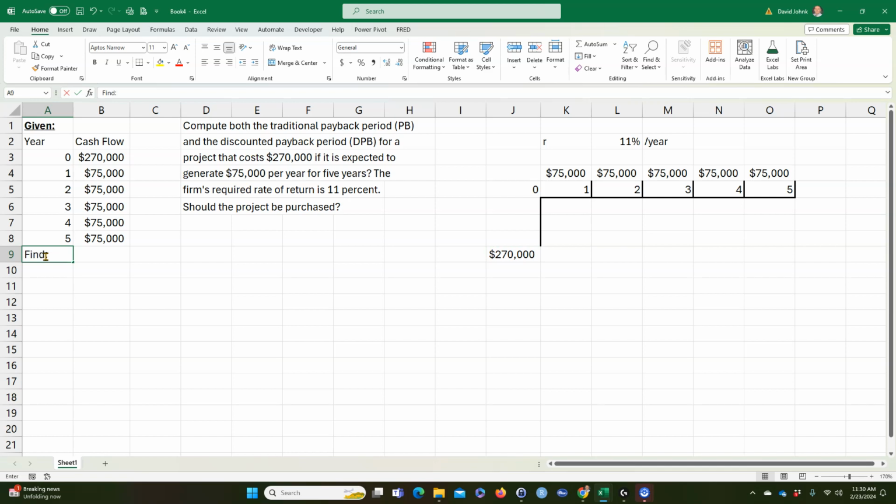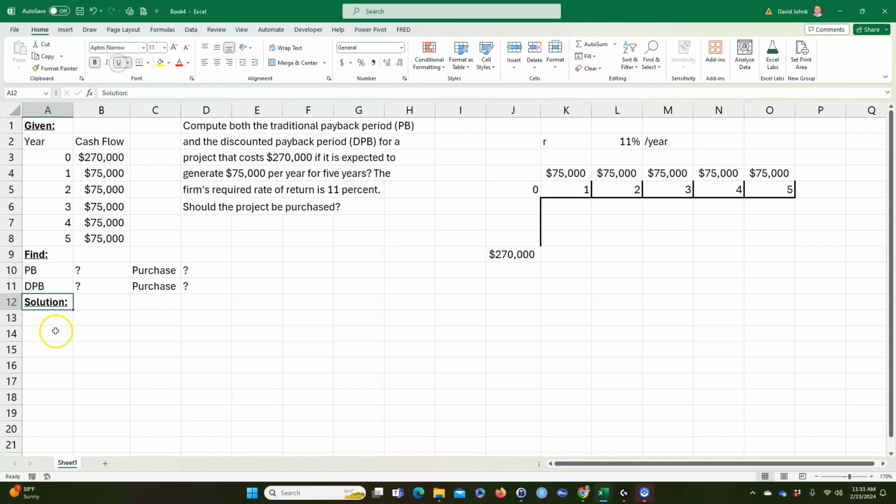And we want to find the payback period and whether to purchase the project. I just say purchase to save some space. You guys understand? Should the project be purchased? And also we want to find the discounted payback period, and also would we purchase it using that? So both of those are going to come to a conclusion, right? So then finally for a solution,